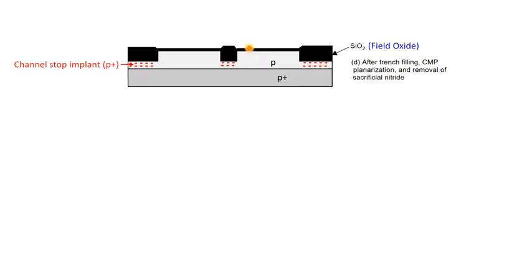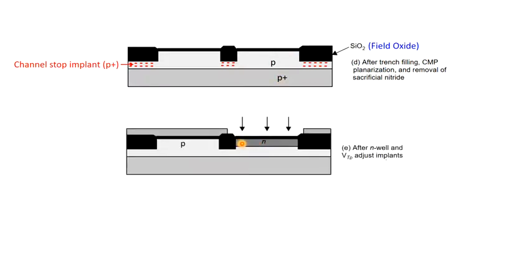right. So what next? Obviously we need to form this N channel and P channel transistor, right. Suppose we have to form the P channel transistor on this active area. How can we make a P channel transistor here? Because for making a P channel transistor the substrate should be of N type. So we need to create one N region here, like this.